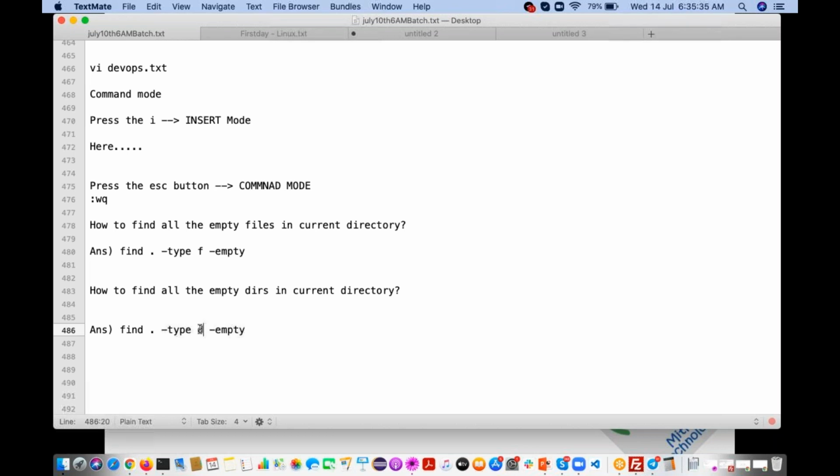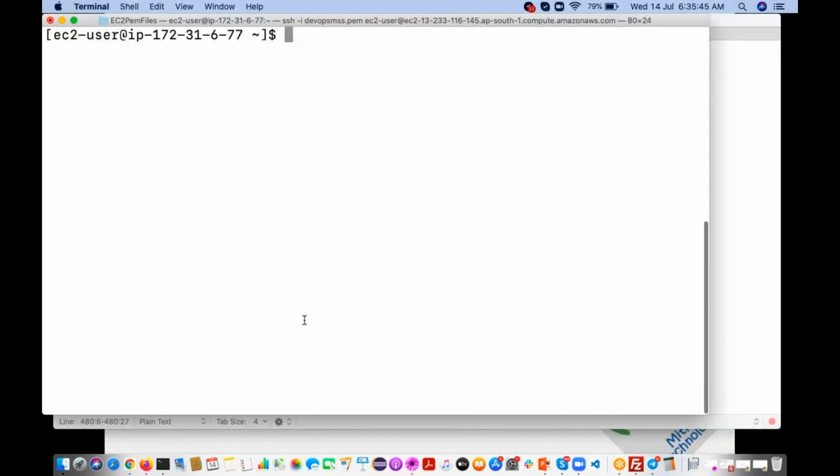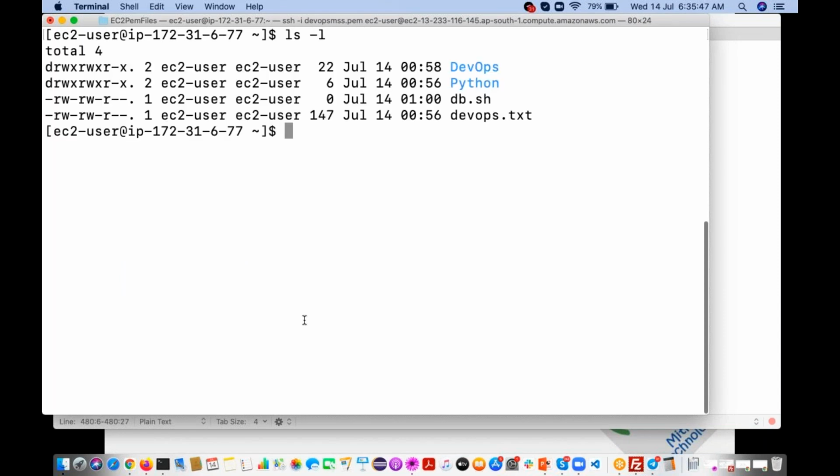Clear? Okay. So now let me execute this command. If I execute this command, what files are going to be displayed here? How many files?